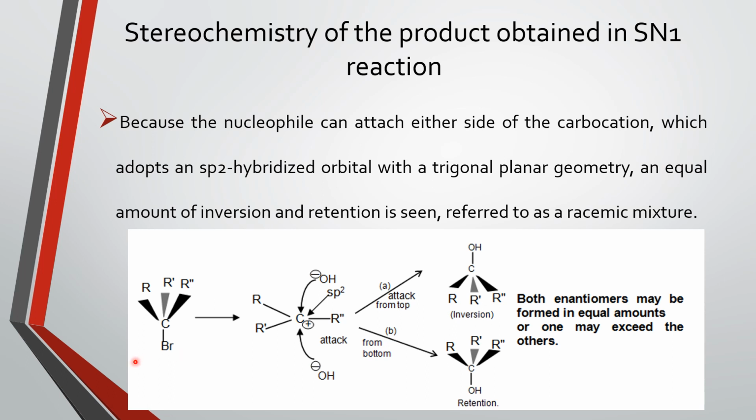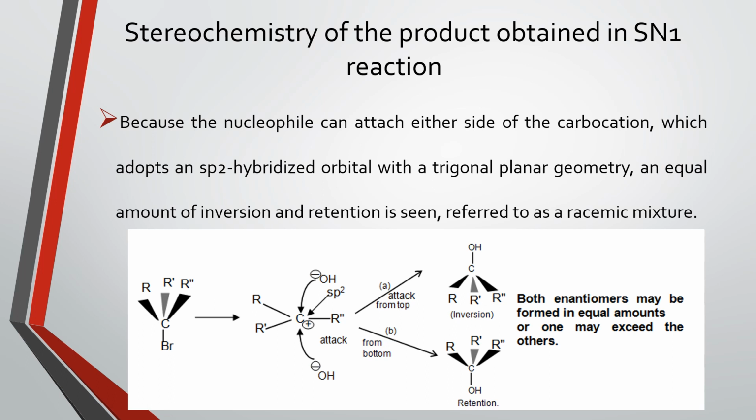Here you can see this is a tertiary alkyl bromide molecule in which the carbon atom is attached to another 3 alkyl groups, and there is Br. In the first step, as we have seen earlier, the carbocation is formed. That is, the bromine, which is a leaving group, leaves with its bonding pair of electrons, and it gives you the carbon center, which is electropositive in nature.